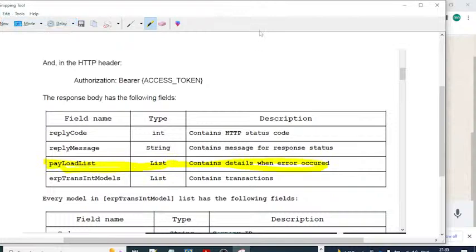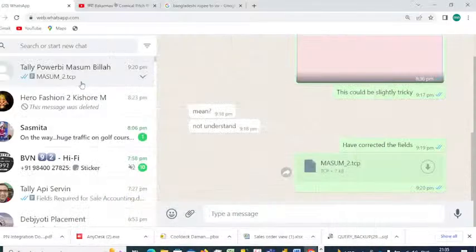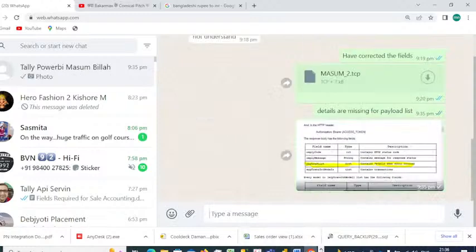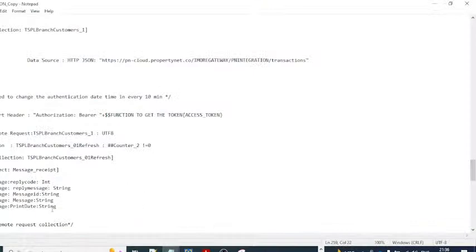So details are missing for the payload list. तो इसको जो है मैं अभी इसके डिटेल्स नहीं करवा पाऊंगा, पर अभी के लिए what I will do is I will try and put it as a string. Let's see whether it works. So